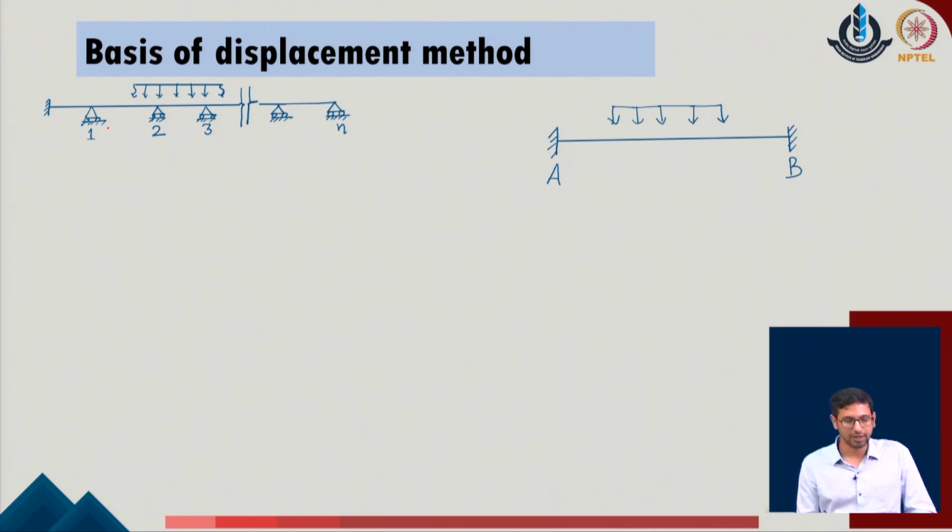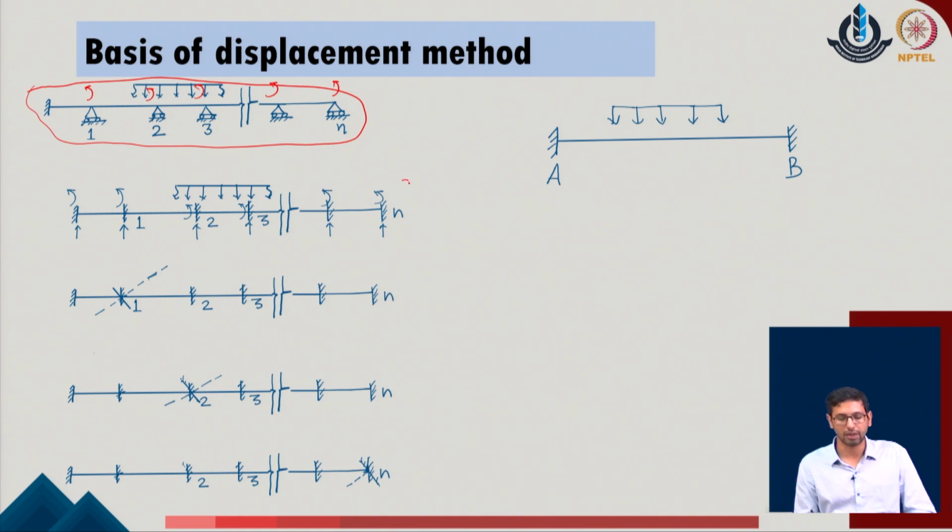Now, as a basic of this displacement method, we will now try to define the basic approach. We consider that the initial system which is defined to us is kinematically indeterminate, because we have a number of degrees of freedom which are available, which are all the rotations described at multiple supports of the given system. As a first step, we convert our system into a kinematically determinate system. So, we restrain all the degrees of freedom and then we restrain the system such that it is a fixed member for the given problem. This system is subjected to the external load. Corresponding to the given external load, we calculate the reactions at the ends of the given problem.